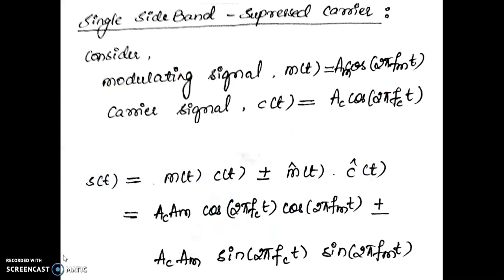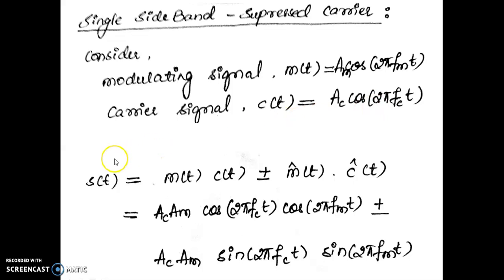In this topic we'll see SSB modulation and demodulation. Let us see the theory part of single sideband suppressed carrier modulation. Here we're going to have the modulating signal m of t, having Am as the amplitude and fm as the frequency of the modulating signal, and considering the carrier signal c of t, having a magnitude of Ac with a carrier frequency of